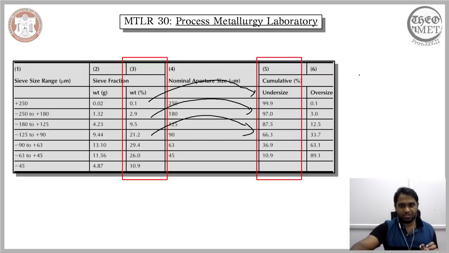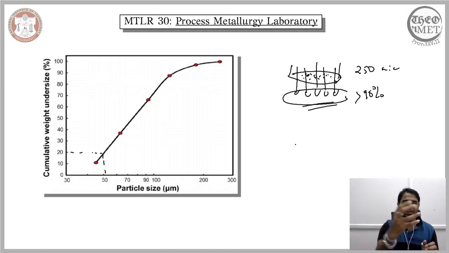So that is the tabulated way of representing it. More accurately, you can estimate the oversize percentage, and then 100 minus this would give you the amount of particles that will pass through a given sieve, and that you can represent graphically. So what we have essentially covered is why we need to perform sieve analysis, how the sieve analysis is performed, what the different components involved in it are, and finally how it is graphically represented.